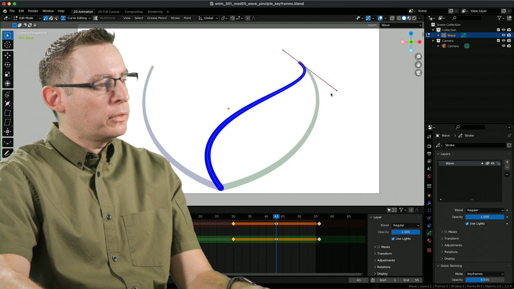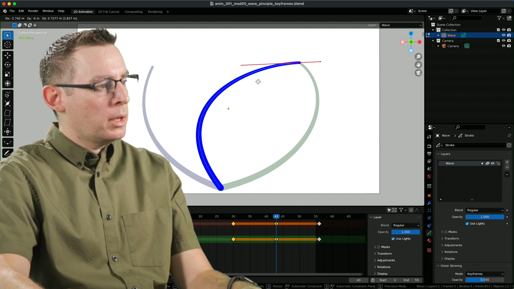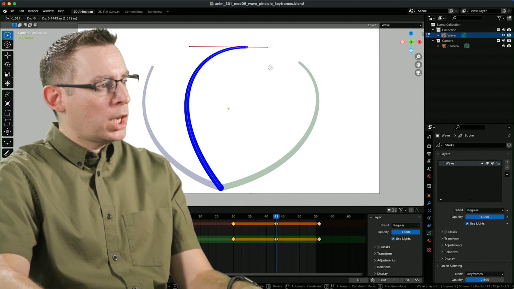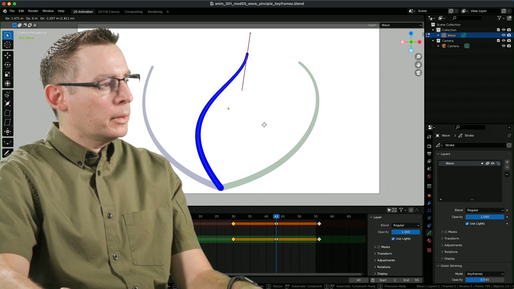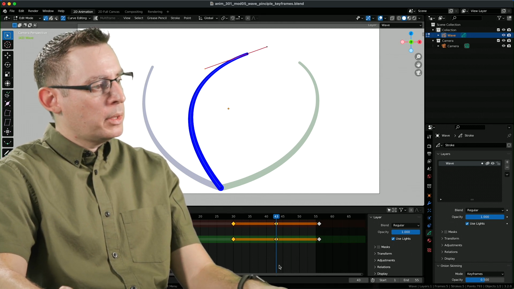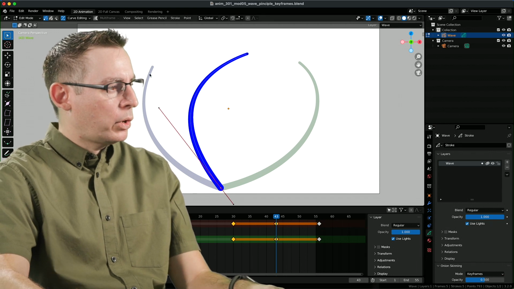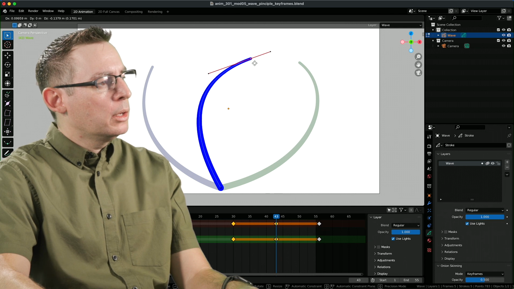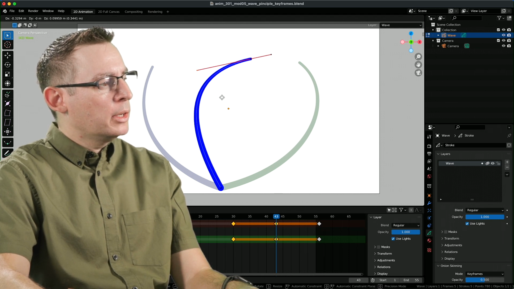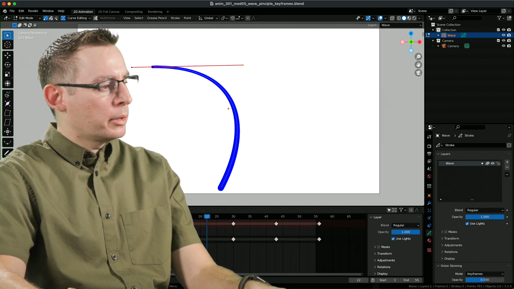Now this should be flowing behind it. So it should be maybe like this. Let's change its location a little bit. Yeah, something like that. I may have gone a little too far. And this is the cool thing about onion skinning, that we can very quickly start to decode all this and figure out how all this is going to work.